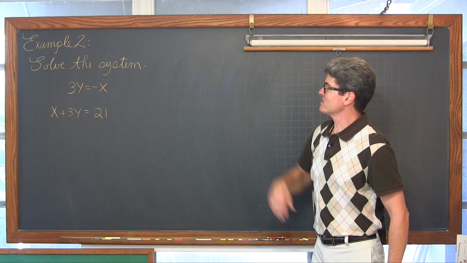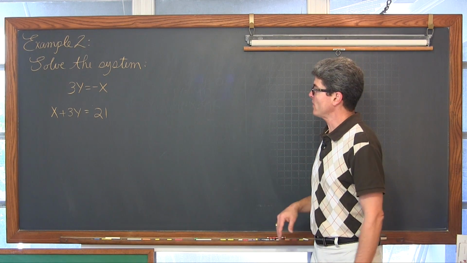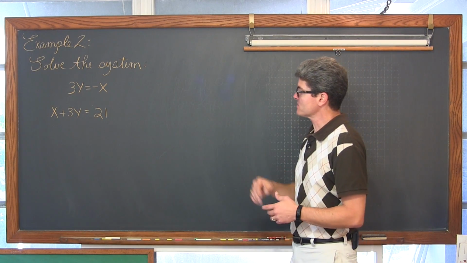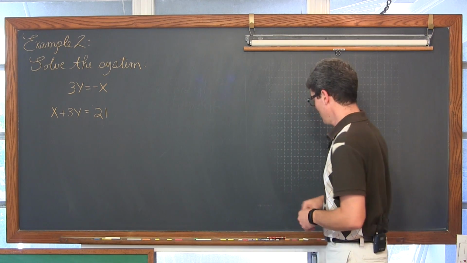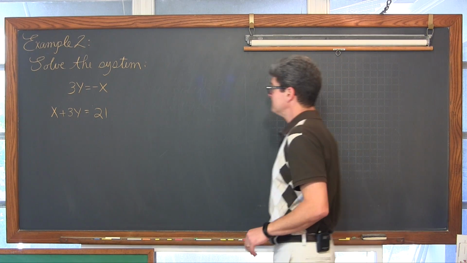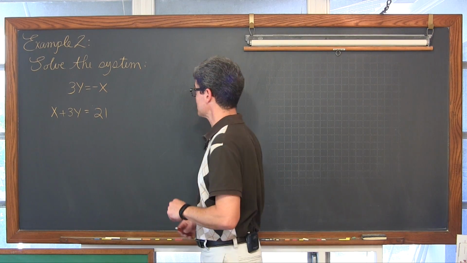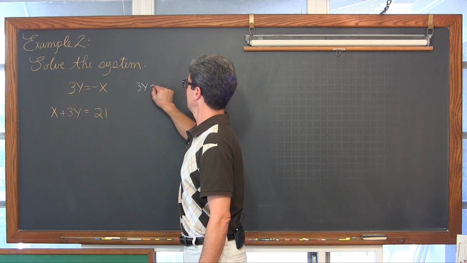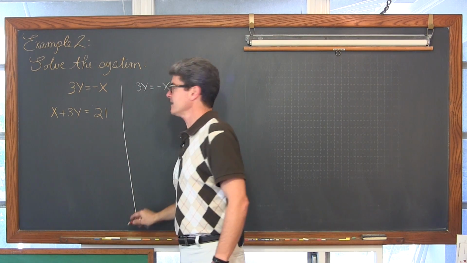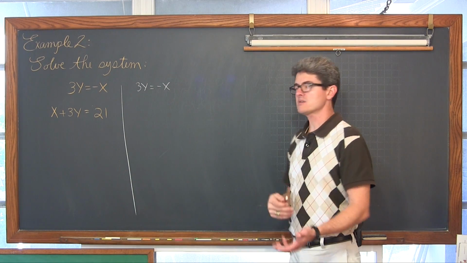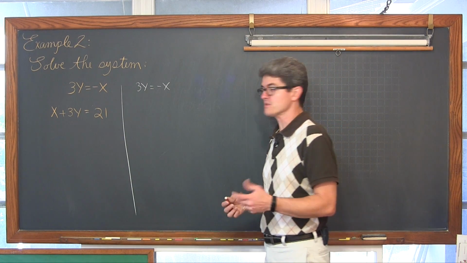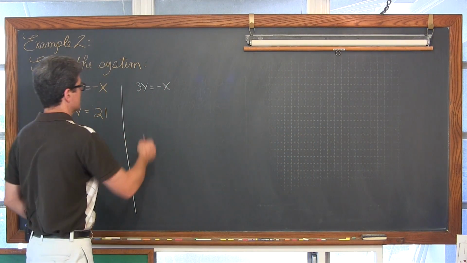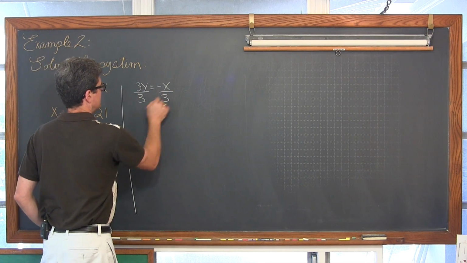Okay, so we have our second example here, and it says, again, solve the system of equations. We have 3y is equal to negative x, and x plus 3y is equal to 21. Let's see. We're going to try and color code this a little better this time. We are going to bring this 3y equals negative x out. This looks a little bit different because there's no constant. It's just 2 terms and they both have variables in them. We're almost where y is by itself, so we're going to go ahead and divide both sides by 3.